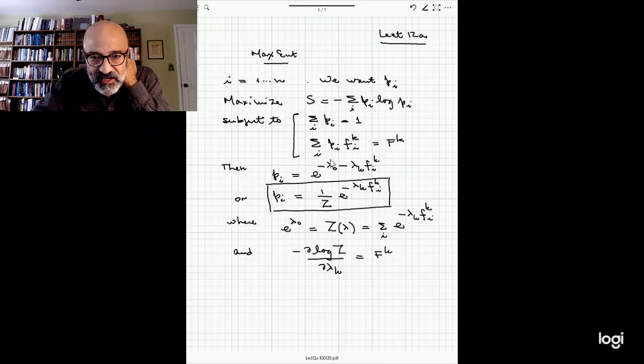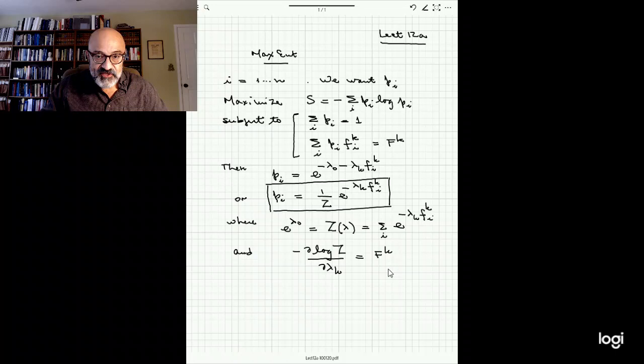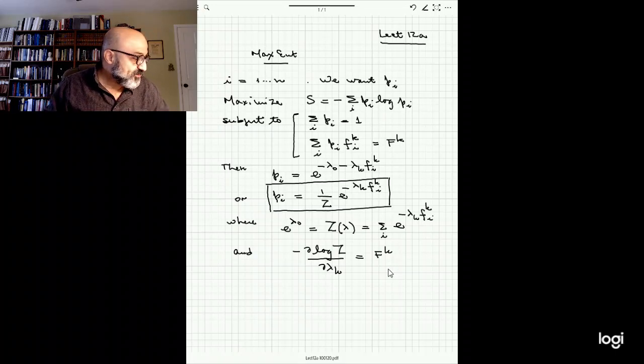Now, what are the Lagrange multipliers that appear in all of this? Well, the first one is just normalization. This probability distribution has to be normalized. And the second ones, the Lagrange multipliers lambda, are coming from the fact that whatever distribution you found, it has to satisfy this constraint. It has to give the right values for the expected values. The actual formula, as we saw last time, is this one that appears down here. So what we want to do today is extract some juice out of these expressions, analyze them a little bit further. So the first thing that we're going to do is compute